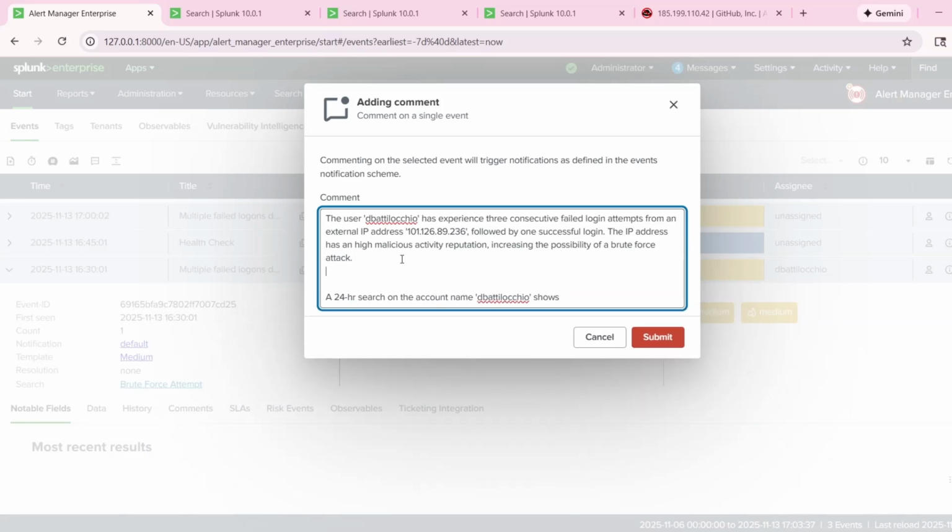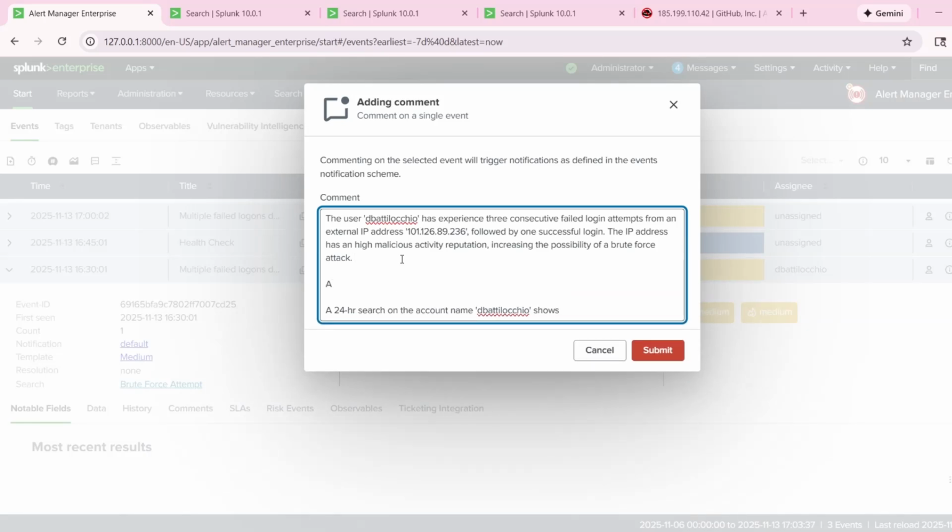You can also try a 7-day search on the account name, which shows that the user, oh, it was 30-day, not 7-day. The user has never